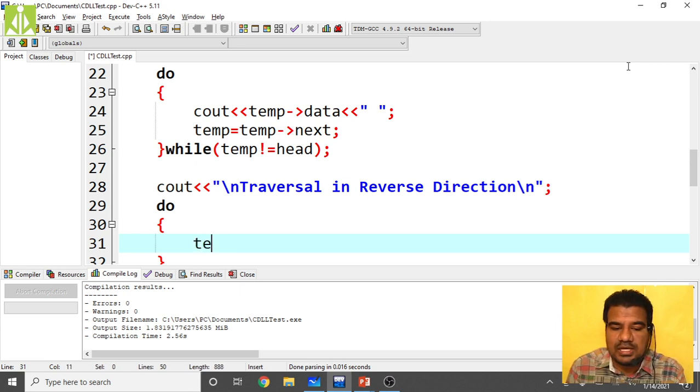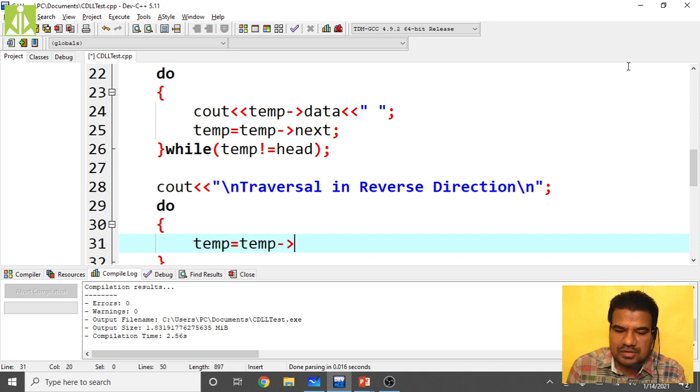First we have to do the traversal in the reverse direction. The temporary pointer is standing at the head, but we have to start from the last, isn't it? So just jump from head node to tail node by this assignment: temp equals temp of previous, or temp equals head of previous.